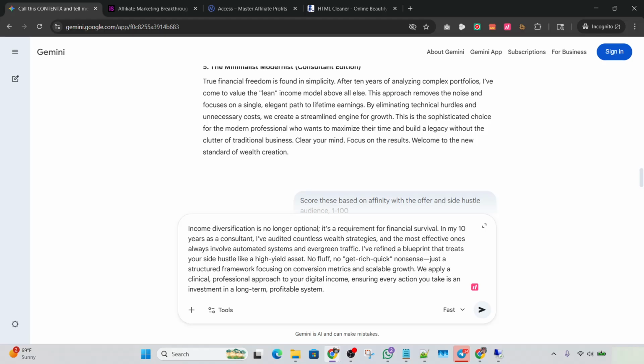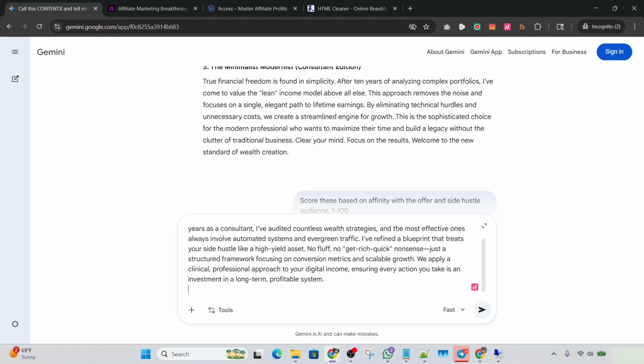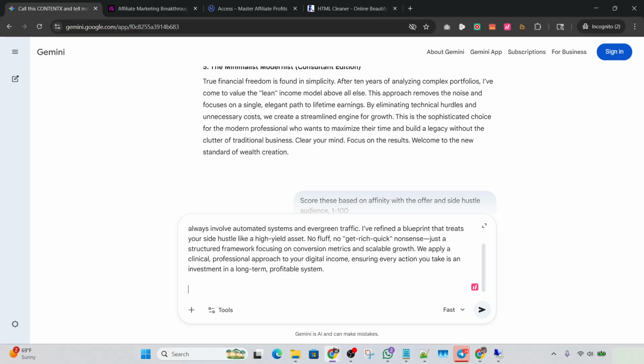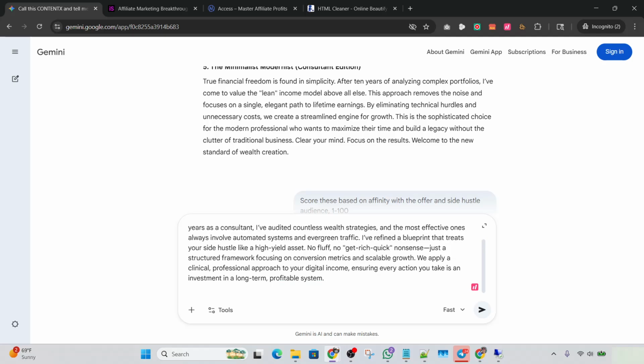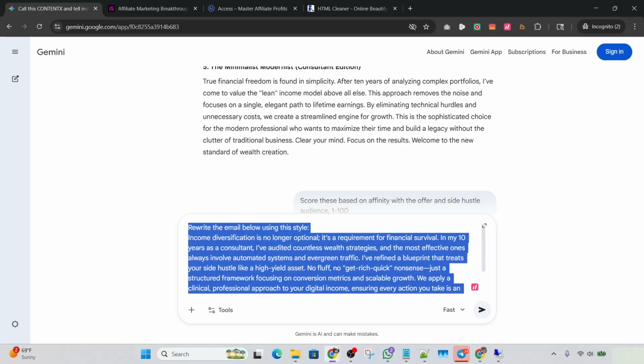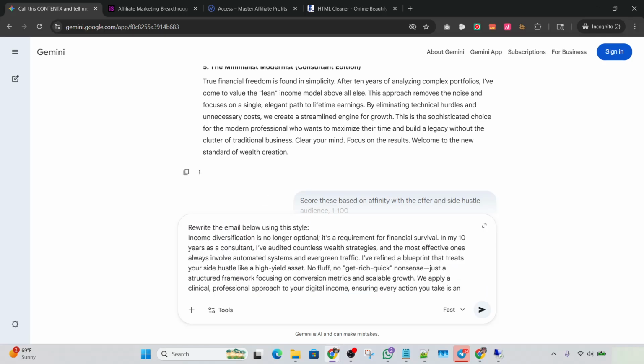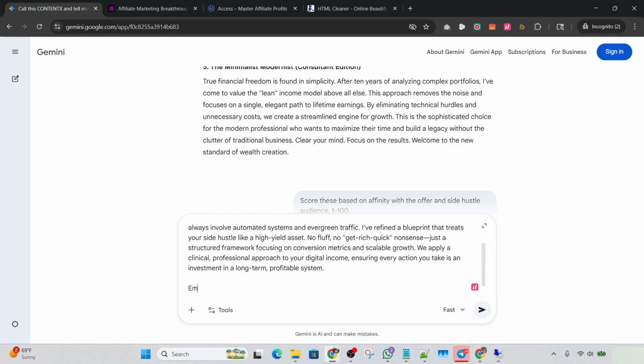I use shortcuts. What I mean by shortcuts is that I use stuff on my keyboard, like let's say something like this, and it automatically populates just by putting in some short code. There's a lot of tools that do that. I'm using one called Linguix Turbo, Linguix, but that is just one of the tools out of many to do shortcuts if you want to keep on using this over and over again to reuse it. Or you could just put it in a notepad and copy and paste it. It's up to you. And I'll say rewrite this email using this writing style, and then I'll put the email.